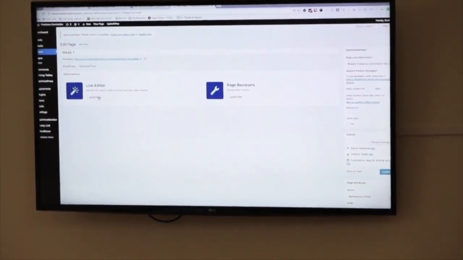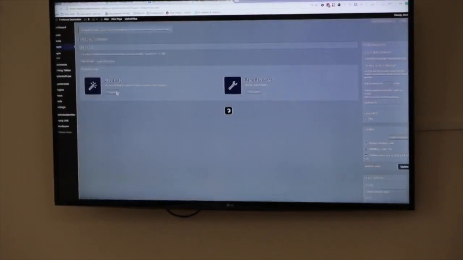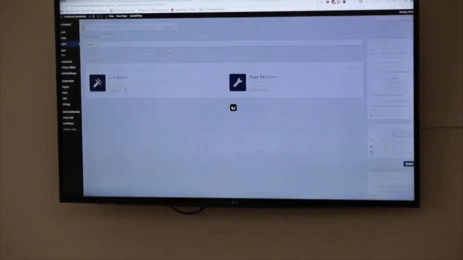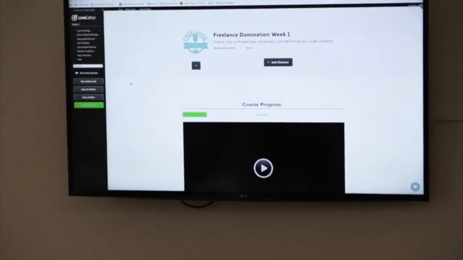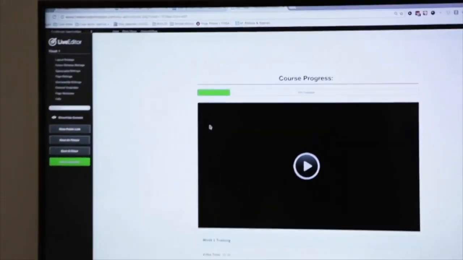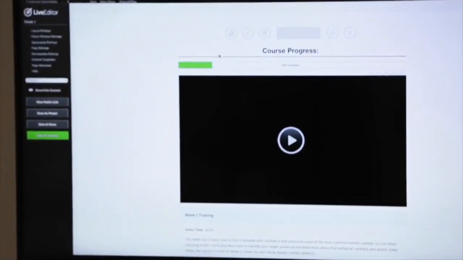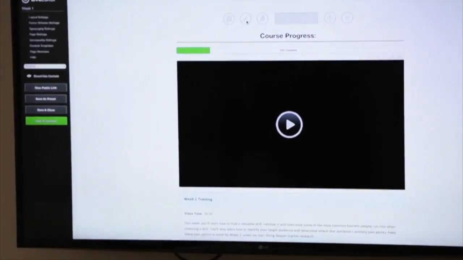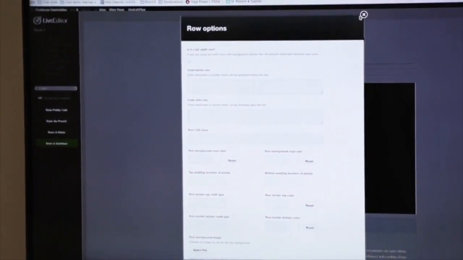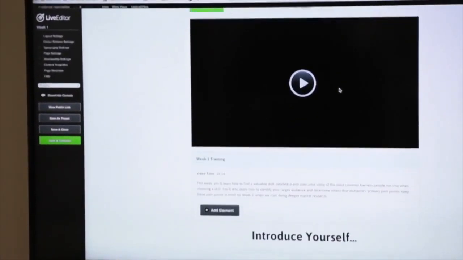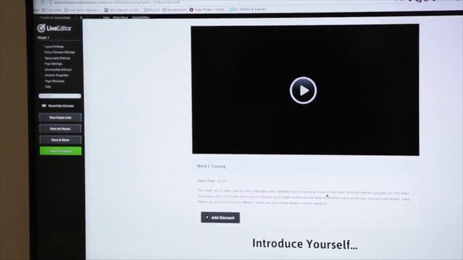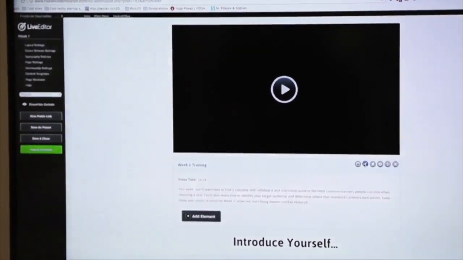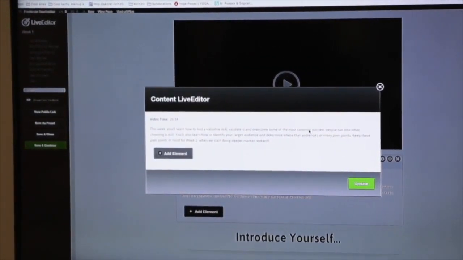So you can see here, this is the back end of Optimize Press. In Optimize Press, this is just a WordPress theme. You guys know what themes are in WordPress? Just a theme, okay? And basically every single element is customizable. So I can change what goes in the video right here. If I want to change what's in this box, I can change it here.